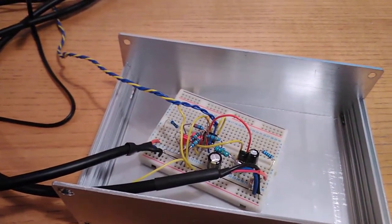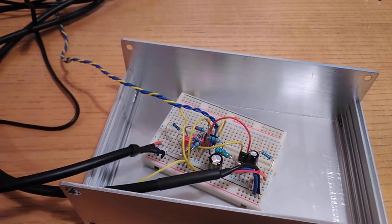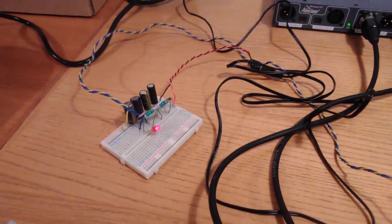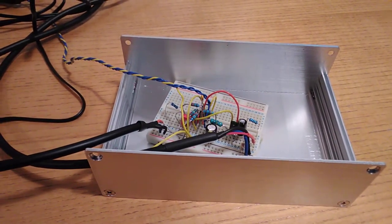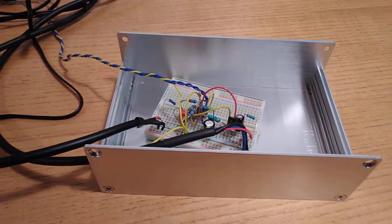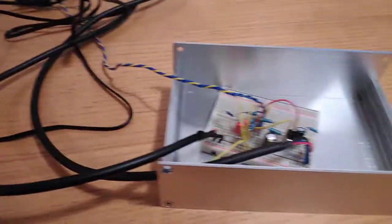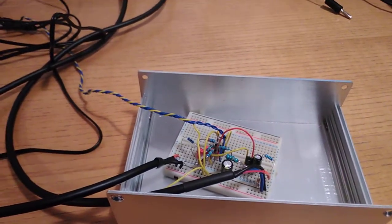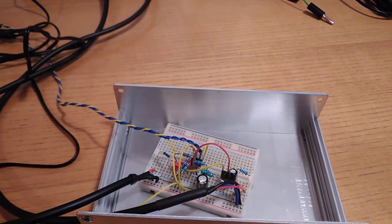I'm somewhat a bit disappointed that it's so good because it does come quite close to the performance of the Spartan 10, but of course it's going to be much, much lower cost. All it's going to be is a slightly smaller enclosure than this with a little mono switch on the front and the power on indicator LED, and that will be it. So you'll have a complete phonostage with a subsonic filter, 0.25 RIAA accuracy,